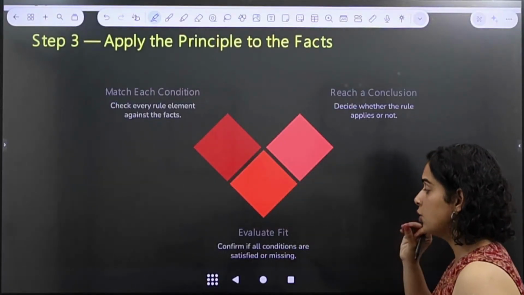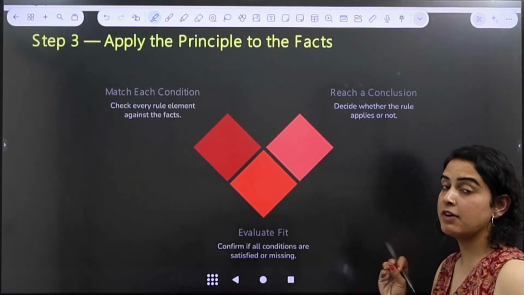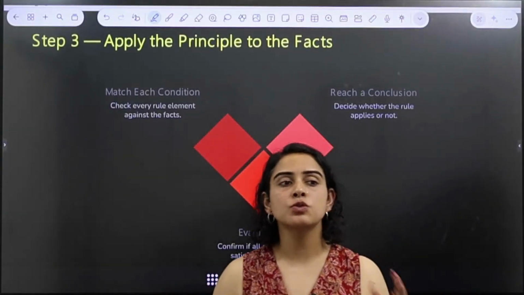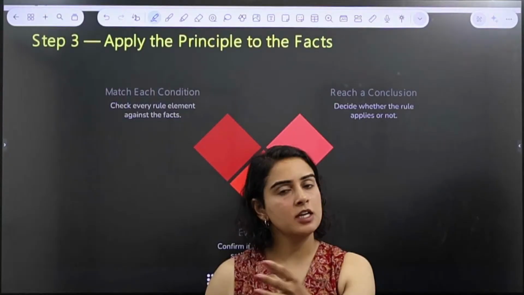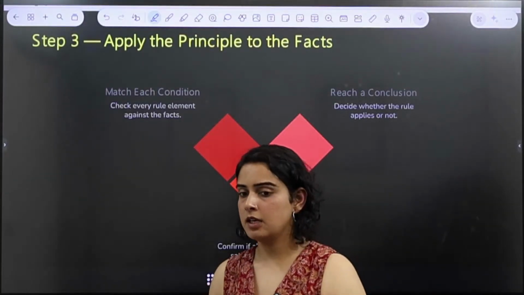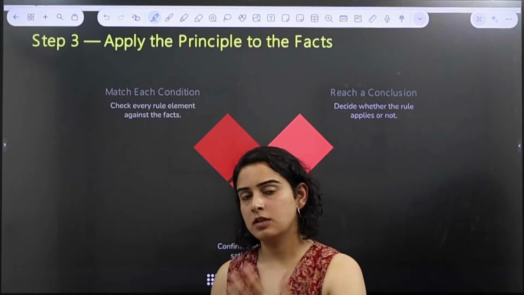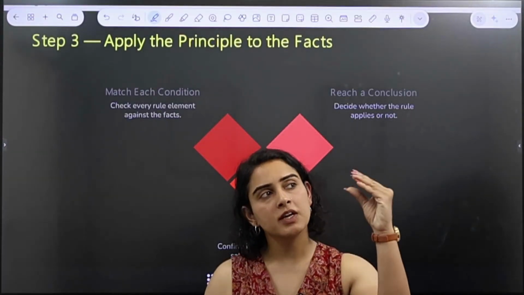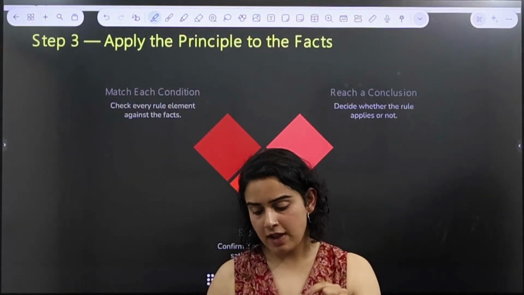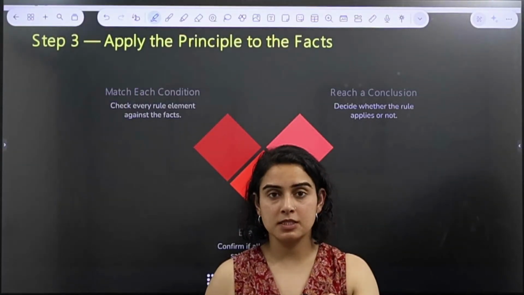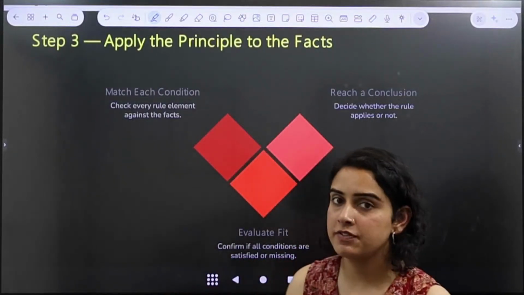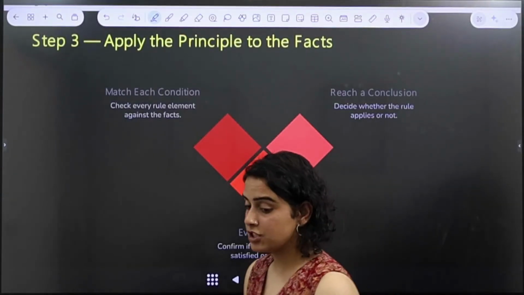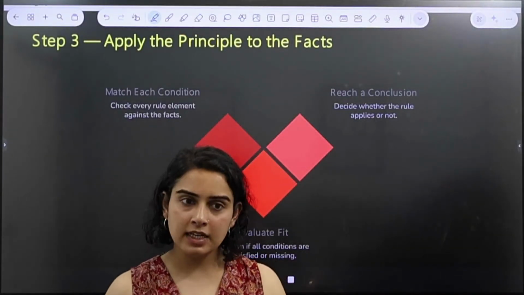Now you have read the law, you have identified it, you've understood it also. Now, CLAT is going to check how well you can apply it. It is going to give you a situation. A and B is a married couple, so and so, whatever it is. They're going to give you a situation, and whatever principle is there, you have to apply that principle. It's not very difficult, but still a lot of people face a lot of challenges in applying it. Why? Because they understand things but they have not